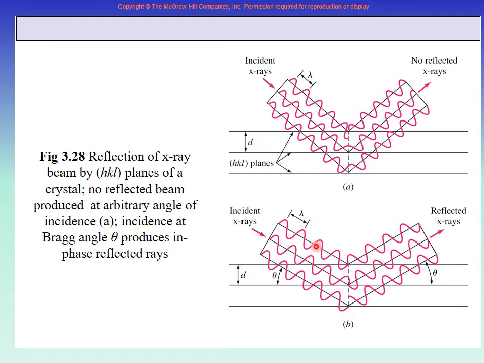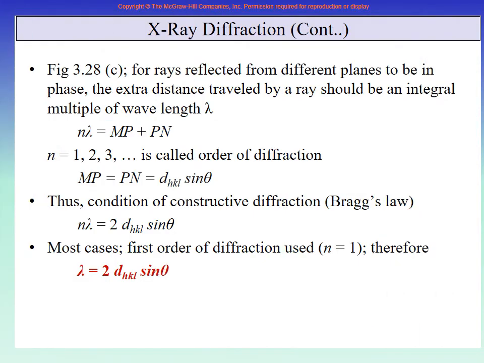The variables are the wavelength of the light, the distance between the planes, the interplanar spacing, and the angle theta at which the light comes and reflects back from these inside planes. So destructive interference and constructive interference are the two types of diffraction processes. Based on this, we will show you a diagram on the next page. It is the same as the diagram on the previous page.